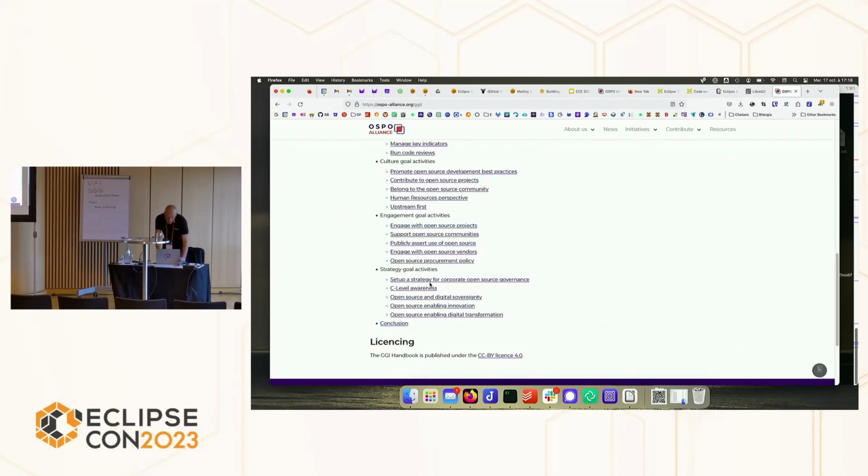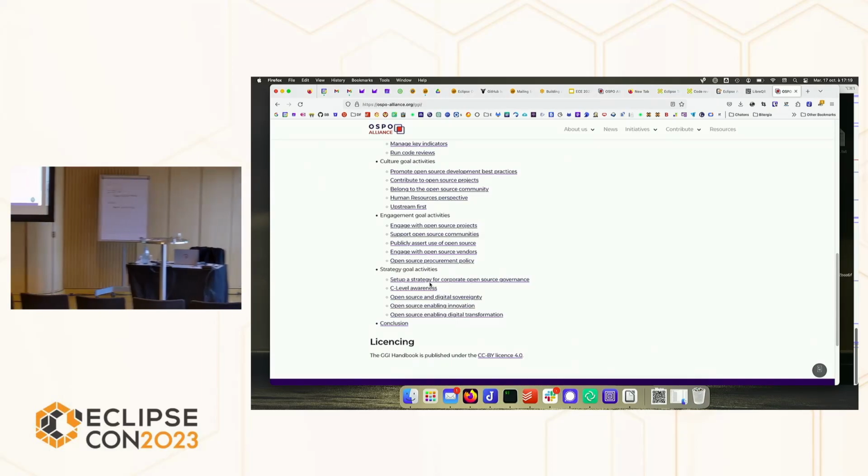One example is educate your C-level executives, because they need to know what they're talking about when they go to big meetings and so on, and they will be the people who have an influence over the whole organization. So you have to educate them about open source, contributing back and so on. Another example is using it for innovation. A lot of innovation is happening in open source, so how you can reuse the patterns in open source to actually impulse innovation at home and so on. Does that answer the question?